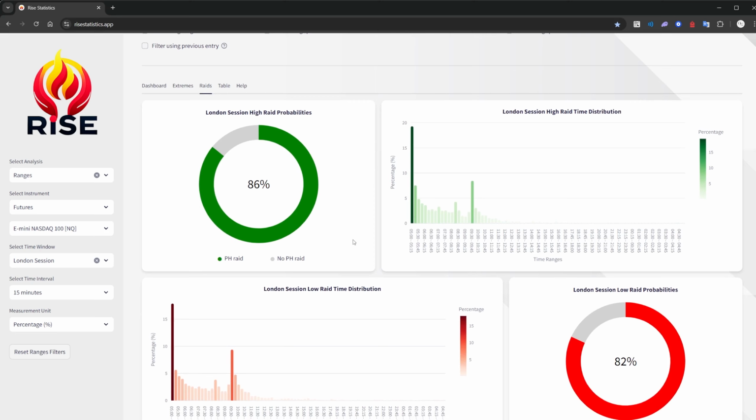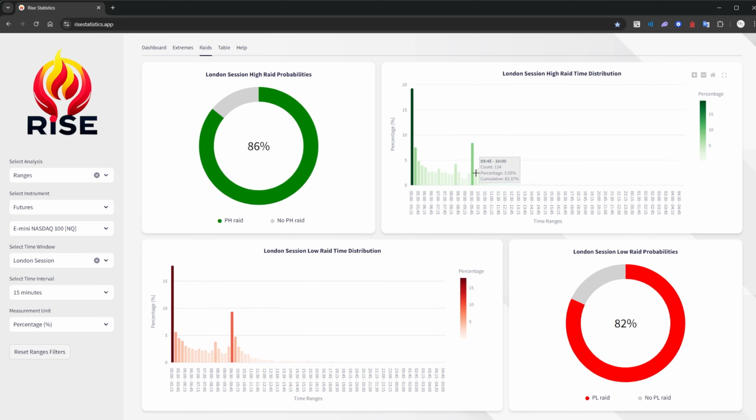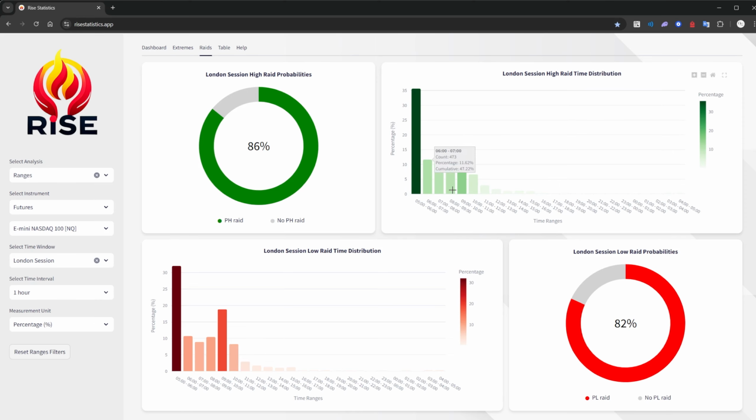Not going to lie to you guys, I'm not too interested in the when, because the truth is it happened most often either right after the session, right, or at 9:30. And we can even go with some little bigger intervals here so we can see a lot more data between 9 and 10 and right after the range. What I'm mainly interested in are these two little gauges right here, right? What are these?